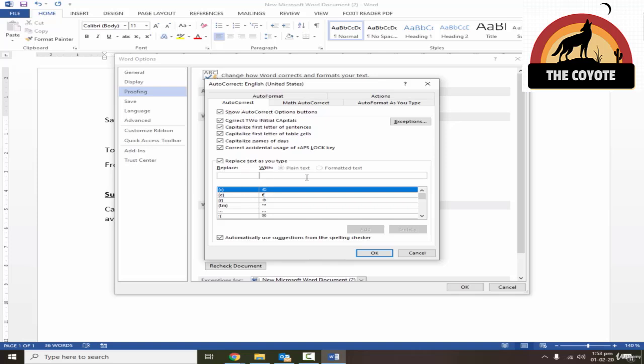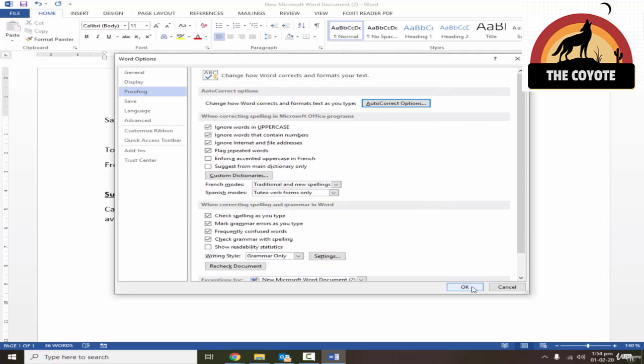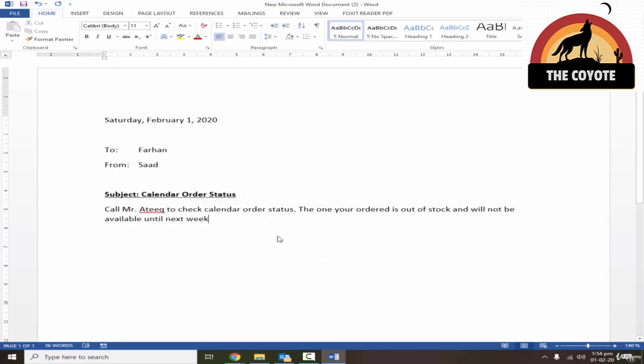Mention sock here and replace it with stock. So every time you make this mistake, it will automatically correct it back to stock. Press OK and then just complete the letter. So my letter is complete now.